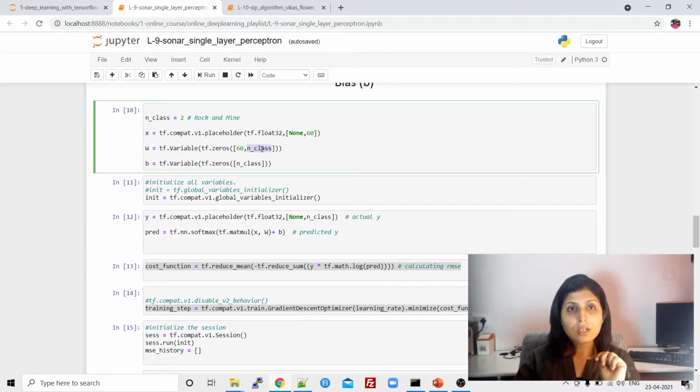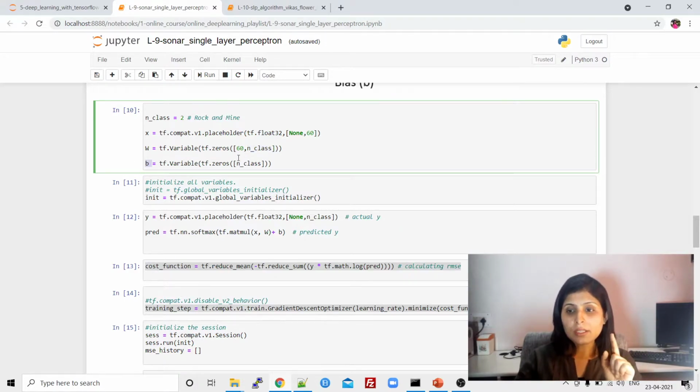Right guys? So let's suppose you're working on a multi-class classification problem and you have 5 output classes, then you have to define 5 over here. Here the first number will always be the number of inputs and weights, and this number would be the output classes. How many output classes you want. And bias.